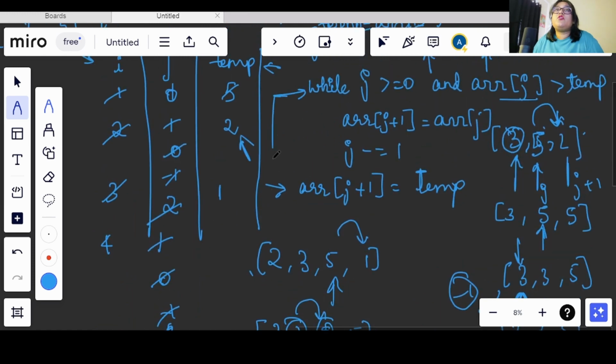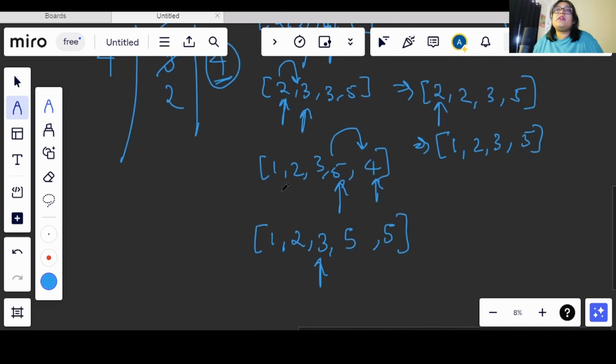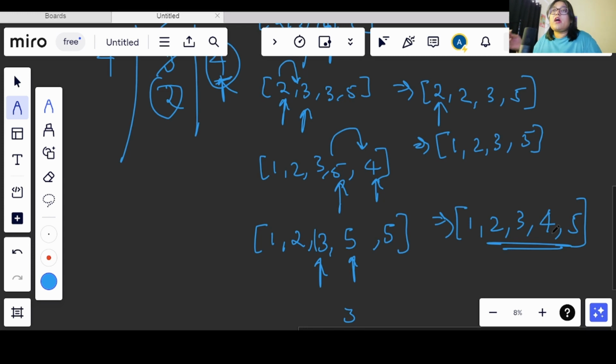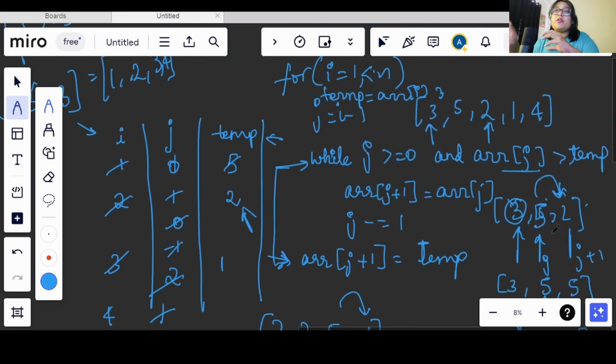And we will move out of the loop, and at j plus 1, which is this index 3, right? This was 2. At index 3 we will insert 4, right? So what we will get after this is 1 2 3 4 and 5, right? This was the expected array after getting sorted. So what we did here, we did comparison based on the temporary variable, which was getting compared with the jth index, and whenever we find that the condition is becoming false, we come out of the loop, and at the j plus 1 index we store the temp value, right?